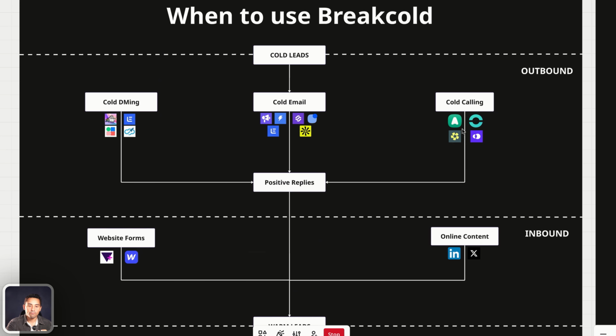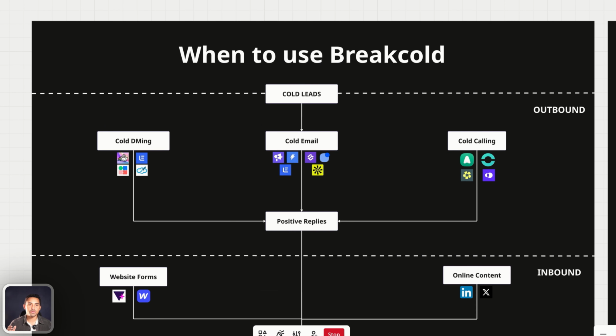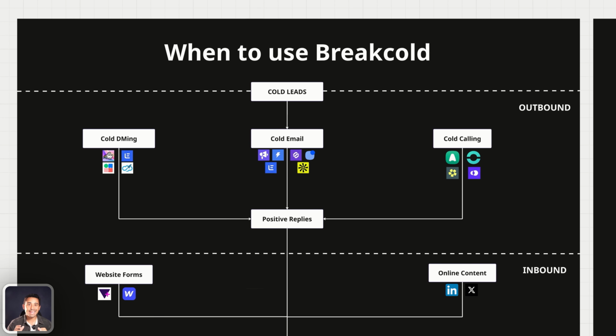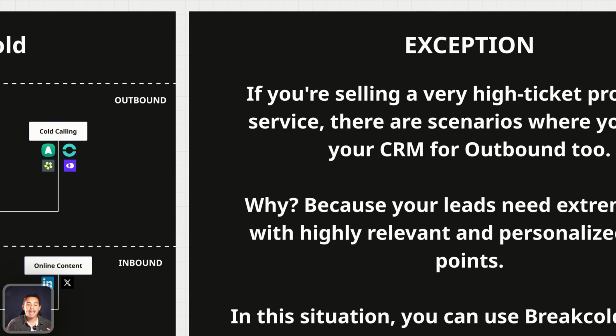Regardless of your industry or what you're selling, you will probably do outbound. And so, if you do outbound, it means that you're going to work on cold leads and you're going to use one of those channels. So, cold DMing, where maybe you will automate LinkedIn invites or DMs using Growth Machine or HeyReach. Then you're going to do maybe cold emailing with Lemlist, Instantly, Smart Lead, Salesforce, Apollo, and then you will probably do cold calling with a calling software. And so you should use a dedicated software for that and not use Breakcold